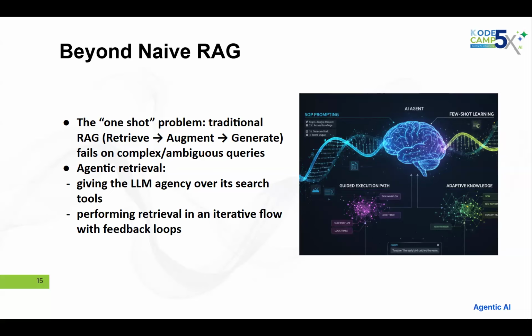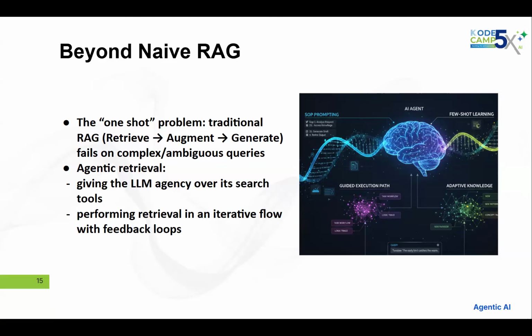Now, this traditional RAG is like a linear process, right? When the query is complex or ambiguous, it's not very reliable. It's more like a one-shot approach to generating the LLM's response. But instead of the traditional RAG approach, if you now grant an agent RAG capabilities,